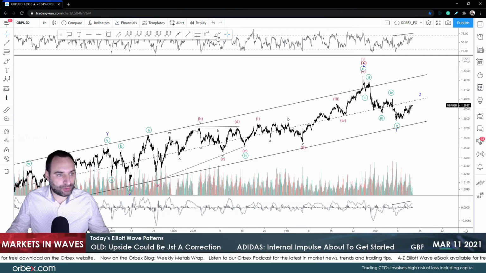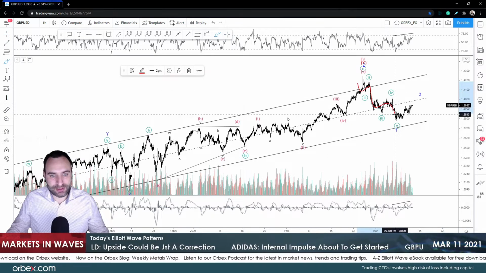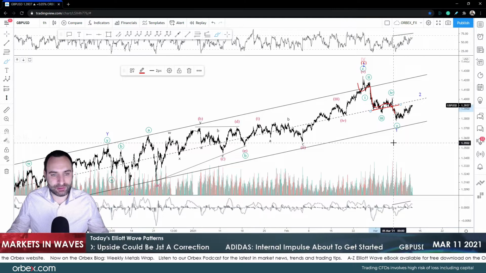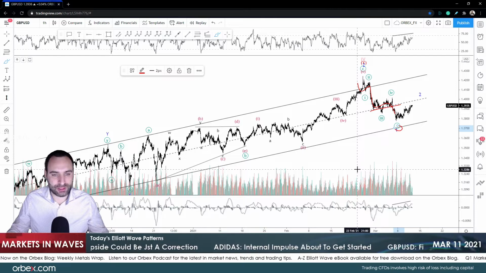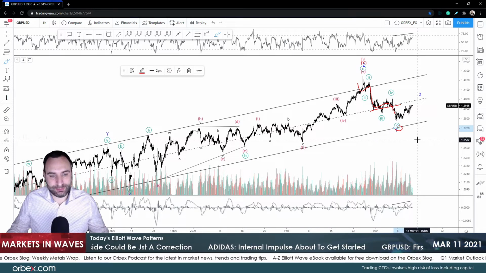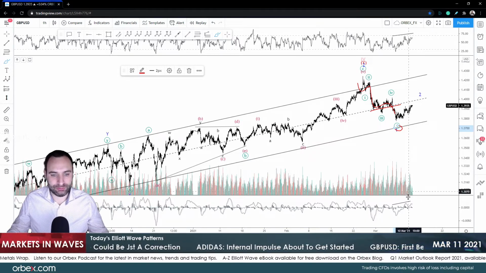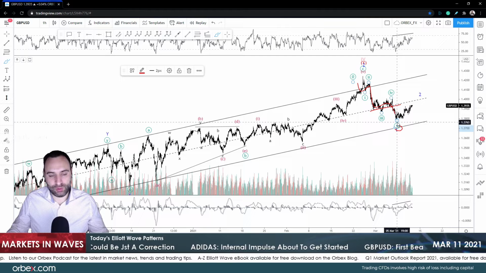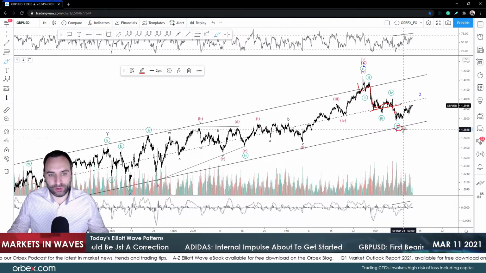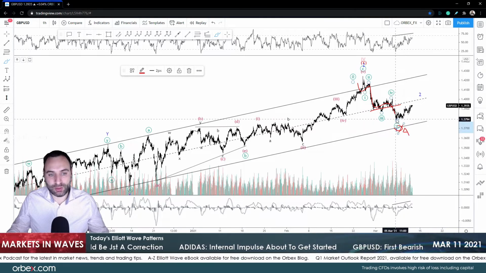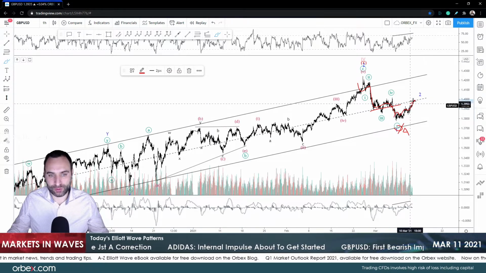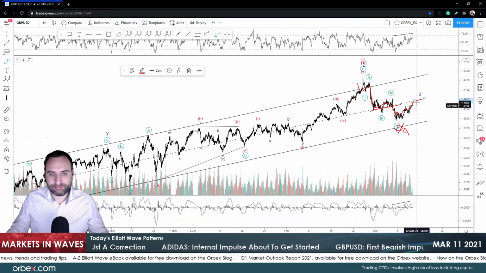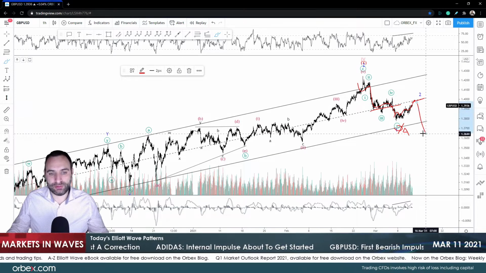Now, let's start with the pound. Last time we talked about this moving down after a break of the median regression, right? We missed the trend line of this ascending channel. However, that doesn't mean that we turned bullish or bearish or anything. It means to me that wave one ended here on the downside, or it might be a wave A. Okay, it means that we ended down here. Now we'll move up for a correction in wave two. Okay, or it could be wave B. Only then we're gonna start moving lower.